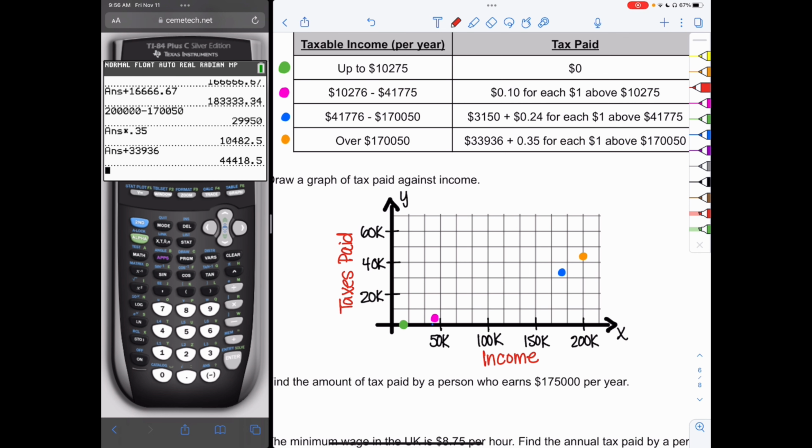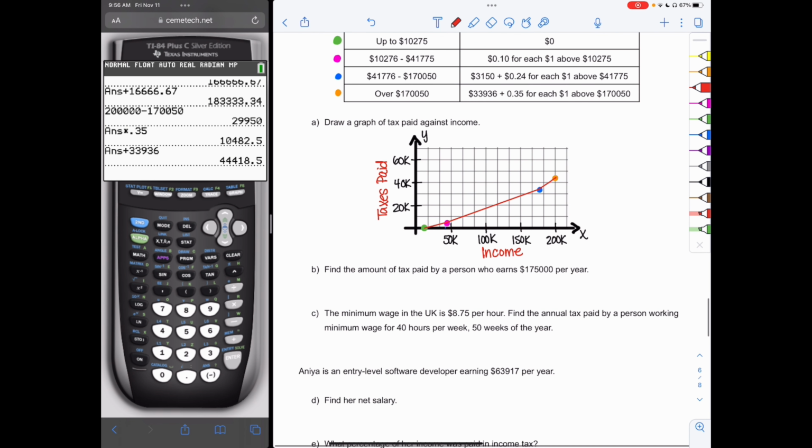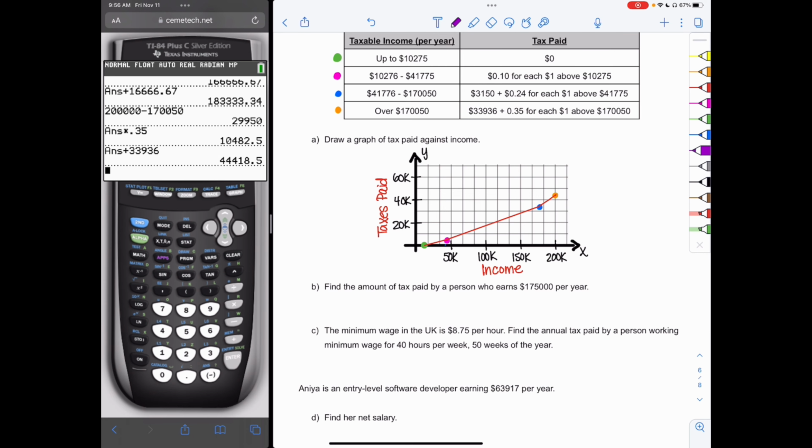So now I can connect these with my segments, since this is a piecewise graph. Okay, so that is my graph there. So now I should be able to answer questions. So the question asked, it says, find the amount of tax that's paid by a person who makes $175,000 a year. If you make $175,000 a year, you are in the highest tax bracket, which means that you have